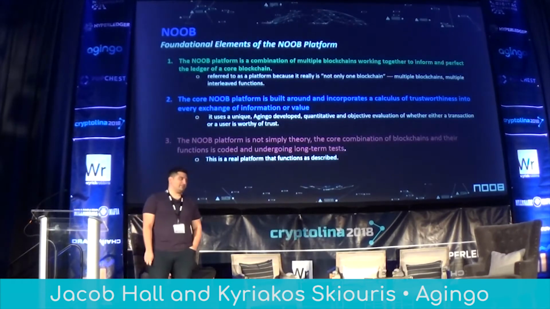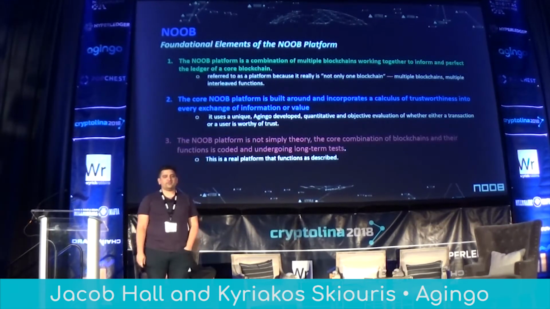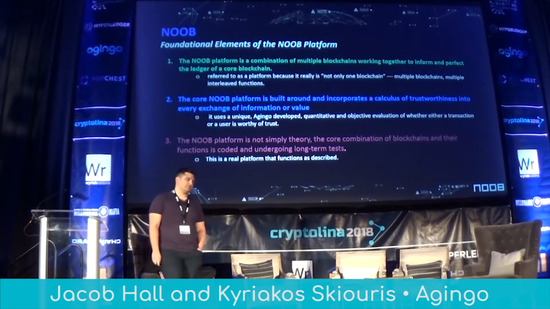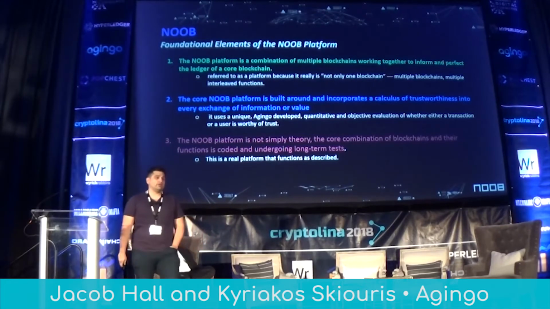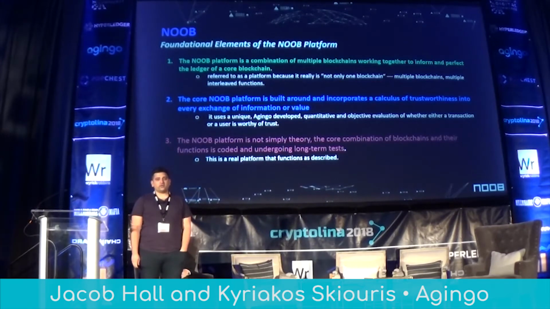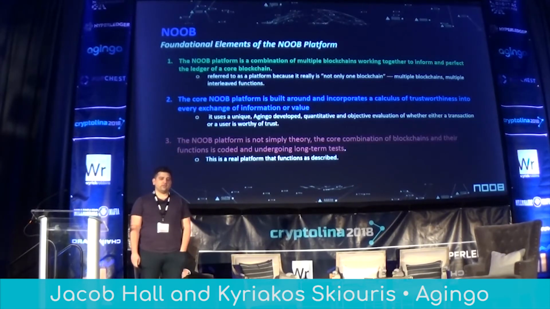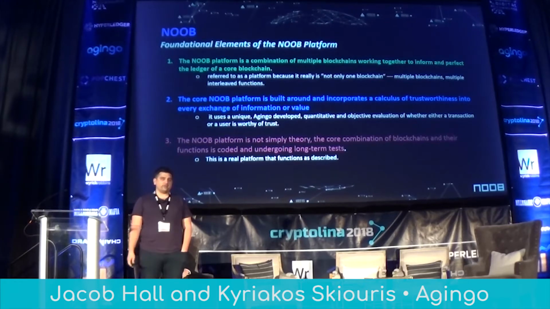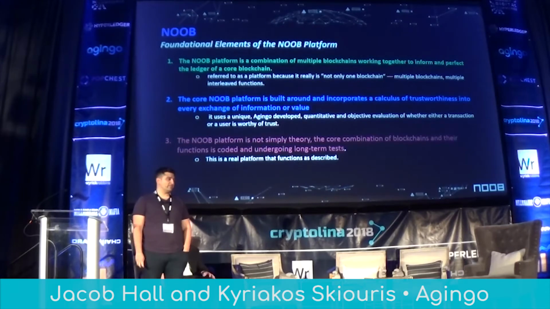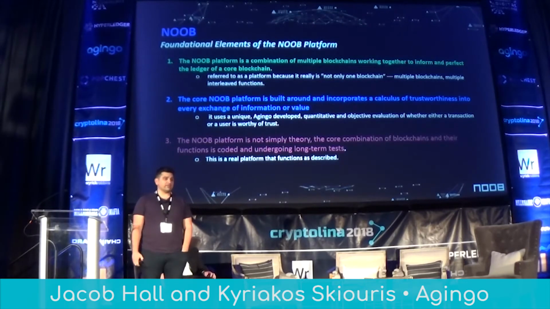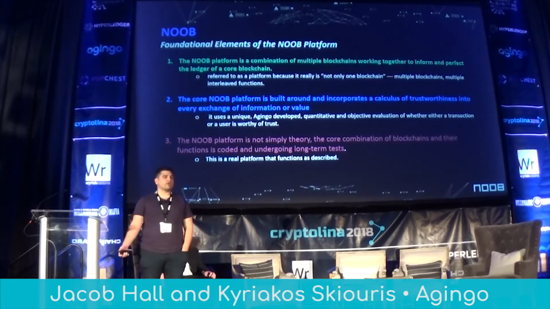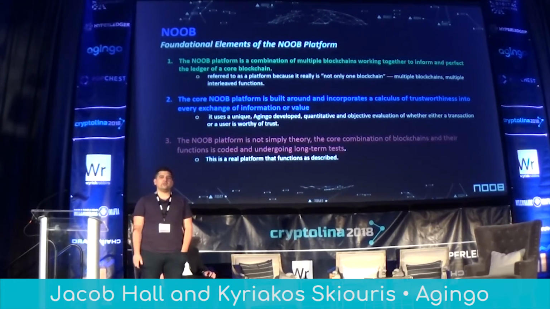So the foundational elements, first, the blockchain is a combination of multiple blockchains. Each one is independent. Instead of trying to pack all of the information into one big one, we leveraged four with the initial release, with others on the way that are going to be integrated with it that add other functionality to it. The core of it is incorporated, and this has to do with optimization of networks. We added a trustworthiness metric at every layer of the protocols. And what ends up happening is that it becomes an overarching quantitative metric.